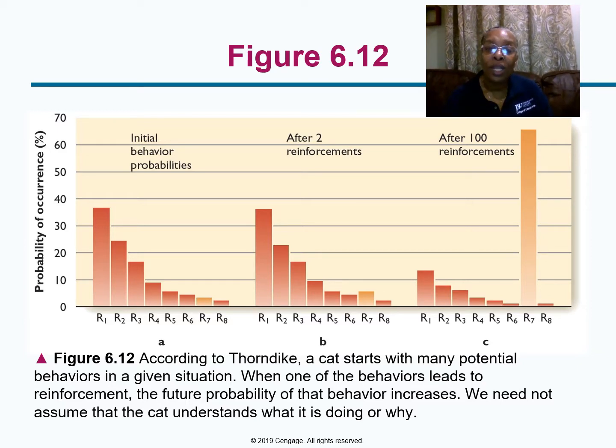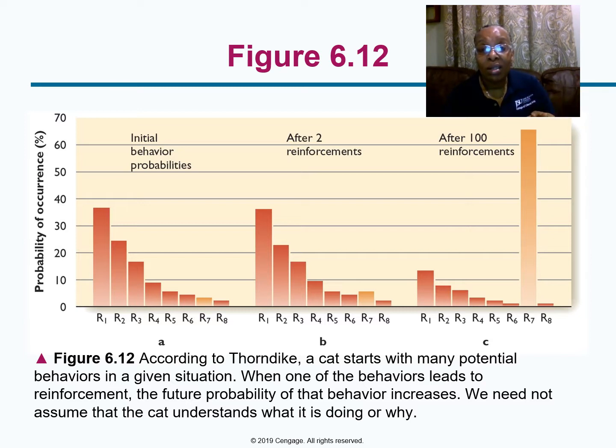The door opened. The next time, the cat would go through a similar repertoire of behaviors, but might bump against the pole a little sooner. Over many trials, the cat gradually but inconsistently improved its speed of escape. Thorndike concluded that learning occurs because certain behaviors are strengthened at the expense of others. Thus, an animal would enter a situation with a repertoire of responses like pawing at the door, scratching the walls, pacing, and so forth.